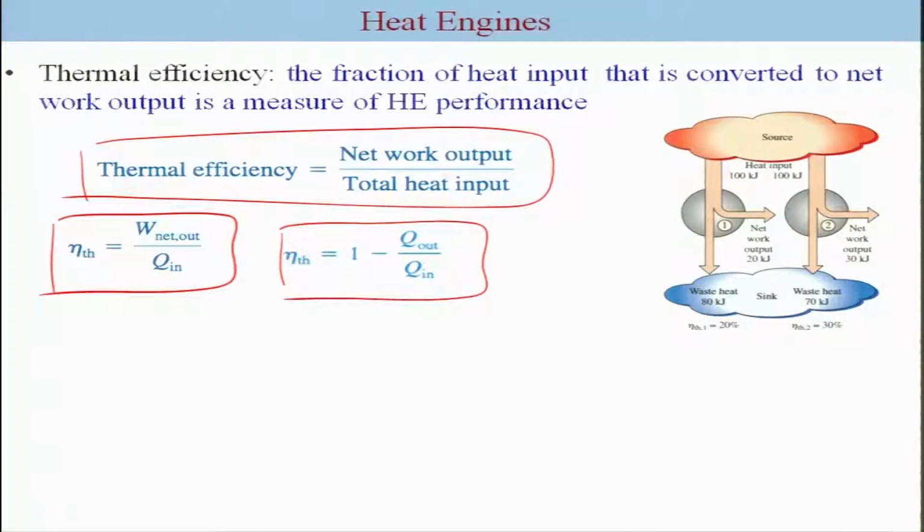This essentially means that you may have the same source and sink for two different engines, but they may have different efficiency, because that may depend on the internal parts of the heat engine device. There are four devices for a generic heat engine, and the efficiency may depend on the efficiency of the individual devices. But eta clearly depends on W net out, and hence you can work on the devices in order to increase the efficiency for a given source and sink.